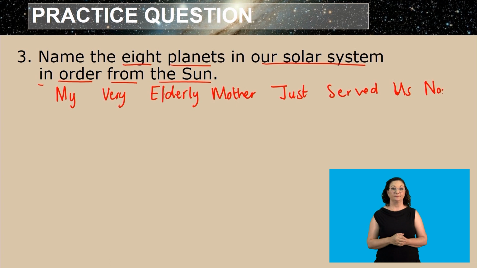This sentence is going to help you remember the order of the planets from the sun. How does it help? The very first letter, M for My, will represent Mercury. V for Very will represent